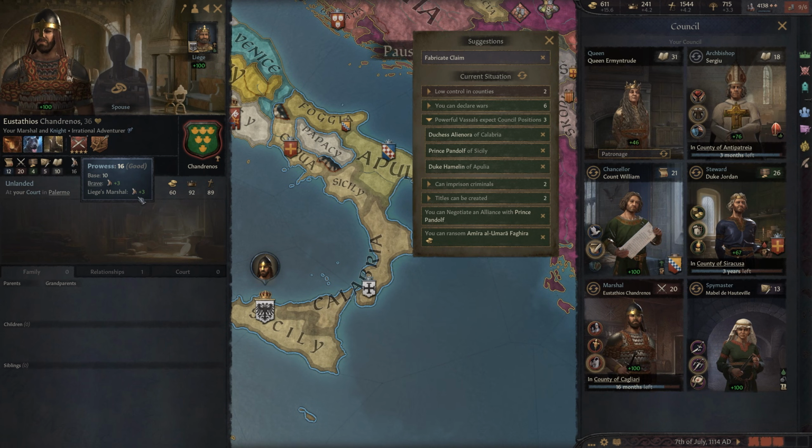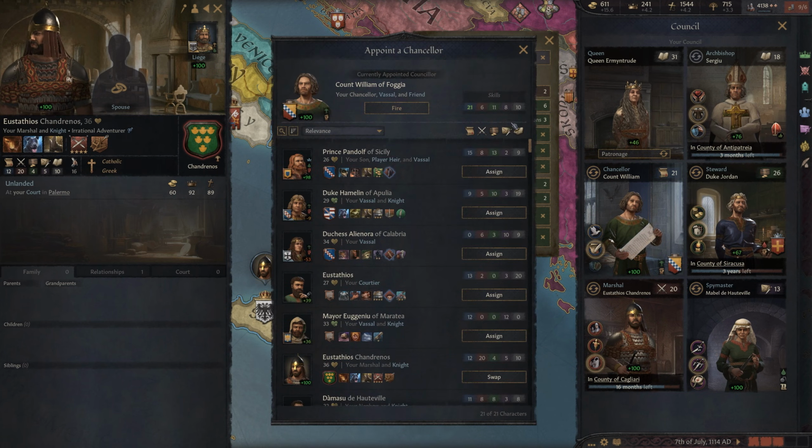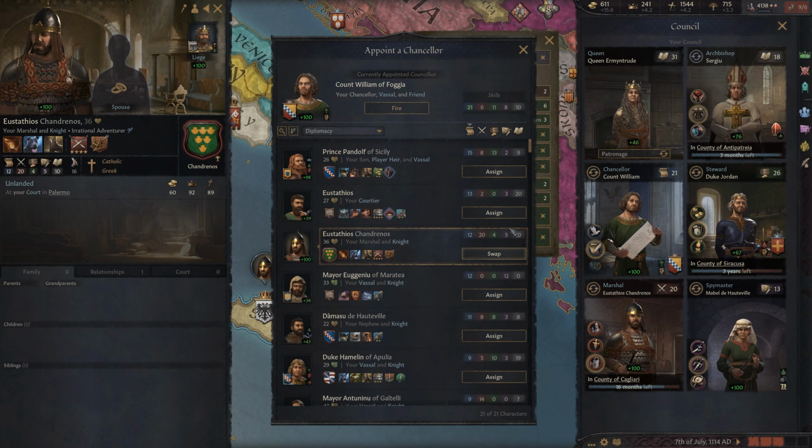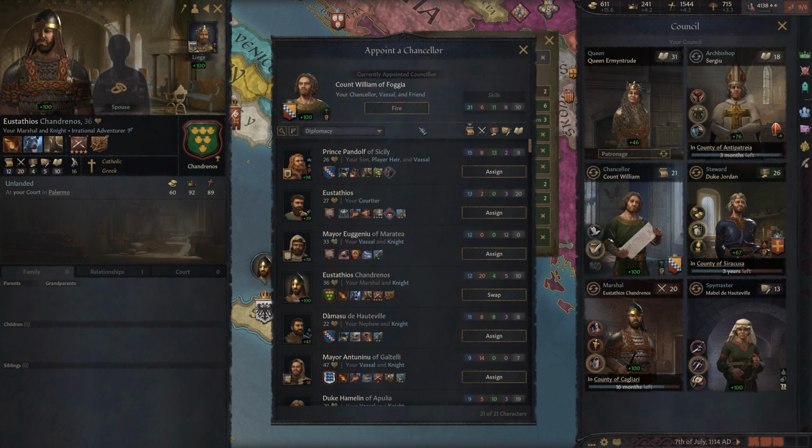So if you are the vassal of a liege, being in his council will grant you certain benefits, especially if you're, say, the Spymaster and you want to do hostile actions against him. You can get some bonuses. But I wanted to bring that up before actually going into the council, because it's a very huge portion of councils that I don't think enough of us realize, especially when you look at the actual council positions. It can be so easy to just choose the guy with the highest diplomacy skill, oh, it just so happens to be him. Well, he's in place. You can still build a very good counselor if you just keep them in the position over time. They will build the experience and will become good counselors.